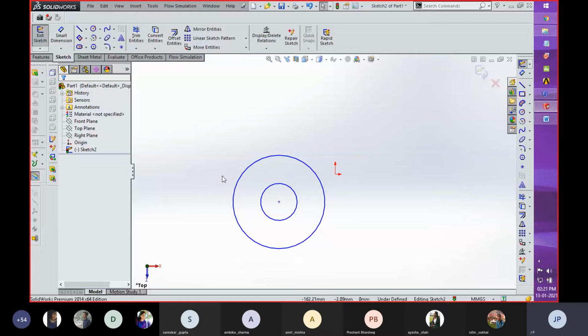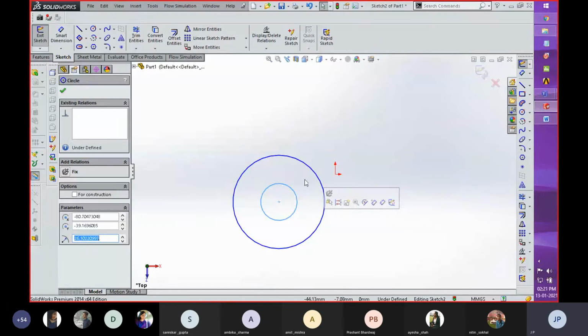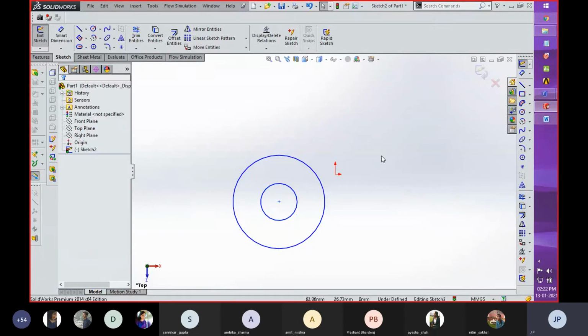You see that when I create this window, till the time the complete sketch doesn't come within that window, the object is not going to be selected. Okay. So you see over here that when I created this window from left to right, when the complete sketch component comes within that window, the object is selected. Otherwise, when we create a window from right to left, whenever at any certain point the component comes in contact with that window, the sketch is going to be selected.